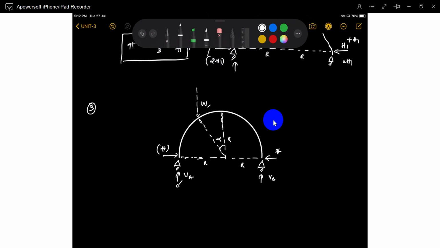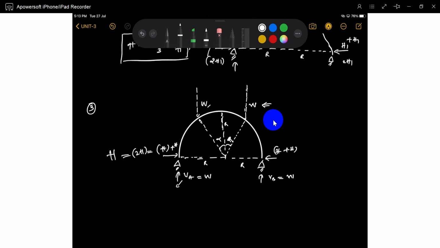Okay, I will apply the same W at the opposite corner, same alpha, I will apply another W. For this effect, again H will come, so now it's 2H. Now for this situation, VA is W, VB is W, so to find the moment is easier. Understood? Now this I will call 2H.